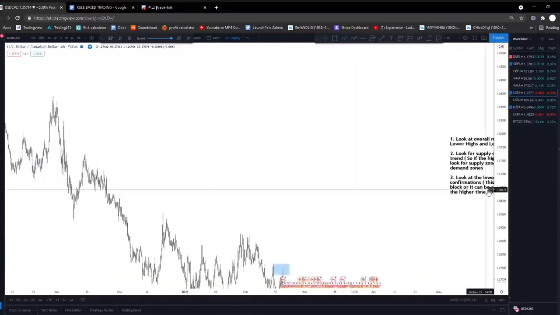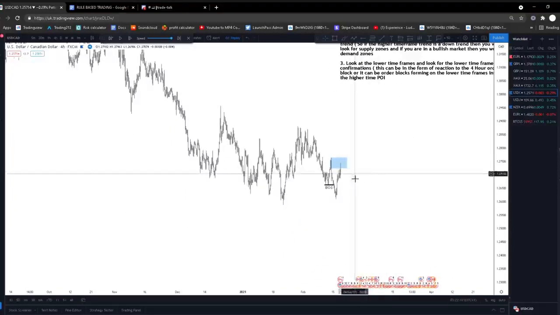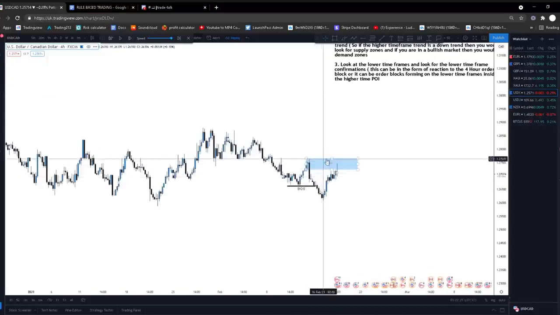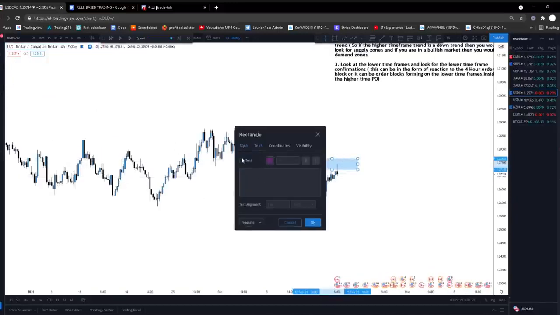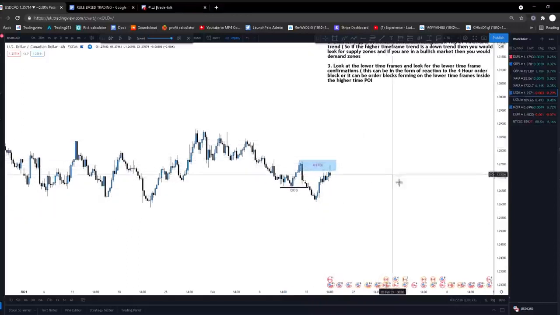Then our third rule was, look at your lower time frames and look for lower time frame confirmations. So a lower time frame confirmation can look like a potential Wyckoff schematic, right, that in this case would indicate a sell-off or an order block within our 4-hour POI. So this is our 4-hour POI. So if we just mark it out and we call this our 4-hour POI, right, that the market could potentially respect, and we did obviously have the market respect of 4-hour OB in this case. Then we want to go down to our lower time frames, see potential lower time frame entries that we could get.